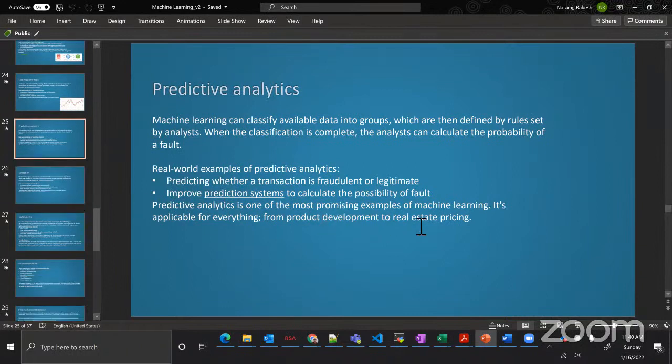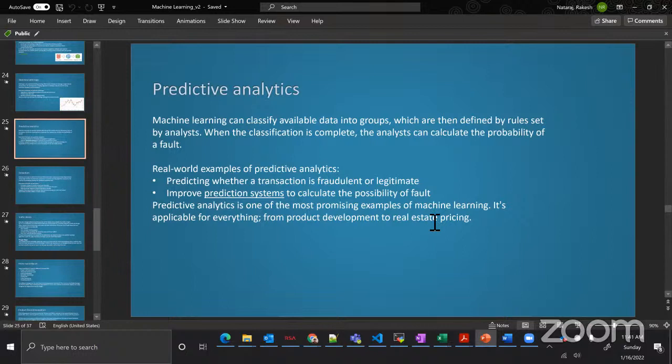It is also used in real estate pricing. For a particular area, what can be the price? If we are trying to sell, these kinds of models are already there in the market, wherein you don't know what price is running there and you want to sell your property. Based on your latitude and longitude, you just give it to this particular website,